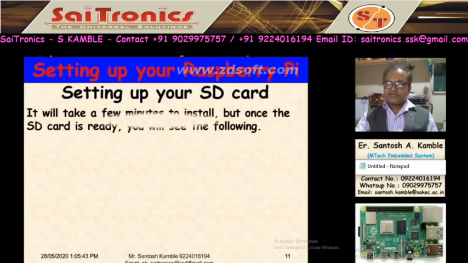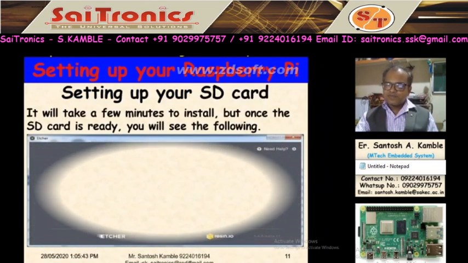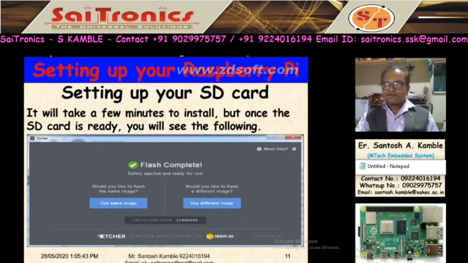This installation will take less time than the traditional method, and after that it indicates flash complete. This will take maximum 5 to 10 minutes. Within 5 to 10 minutes, all operations like formatting the memory card, copying the content, and installing the OS are done.